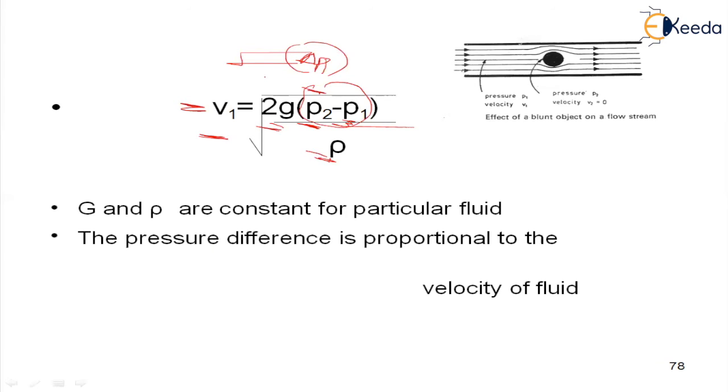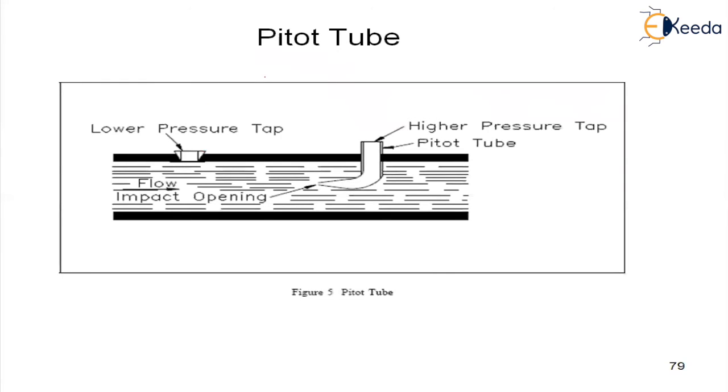Similarly, I'm explaining this time with respect to the flow of the liquid. I'm eliminating the blunt body with respect to the tube. This is a pitot tube. Whenever the liquid impacts here, outside is static pressure and inside is stagnation pressure, or the impact pressure. So here is the pitot tube.